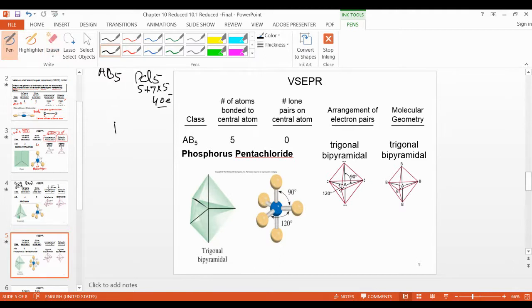Now for the central atom, I will put phosphorus because it is less electronegative, and I have to put the 5 chlorines like this, Cl, Cl, Cl, Cl and Cl, away from each other. Just make a bond between them like this. How many electrons did we add? 2, 4, 6, 8, 10. So minus 10, 30 left. Now how do we complete the octet of the side atoms?